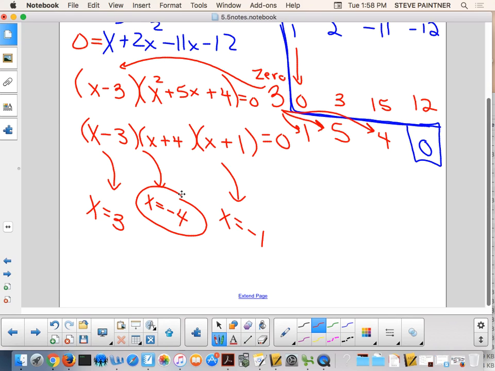Try. One of them is, you can factor one of them. So you don't have to do